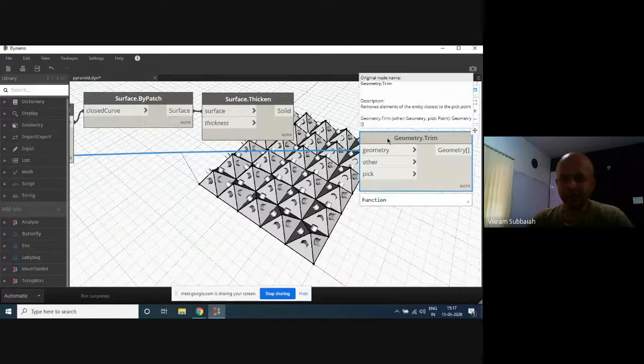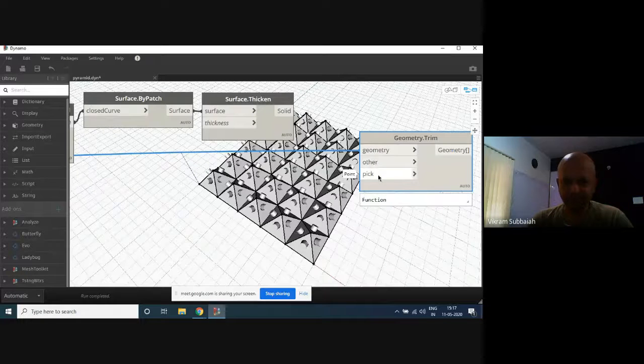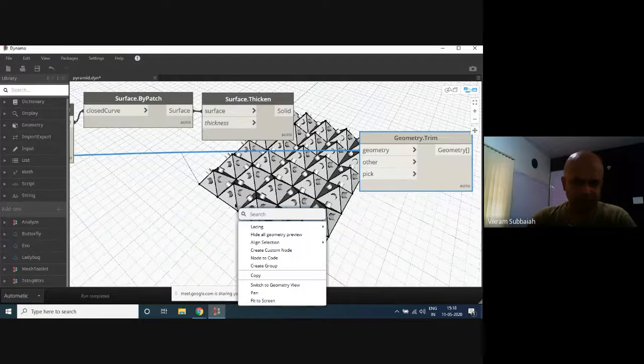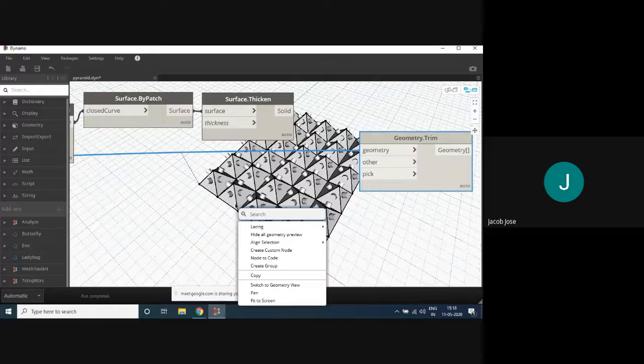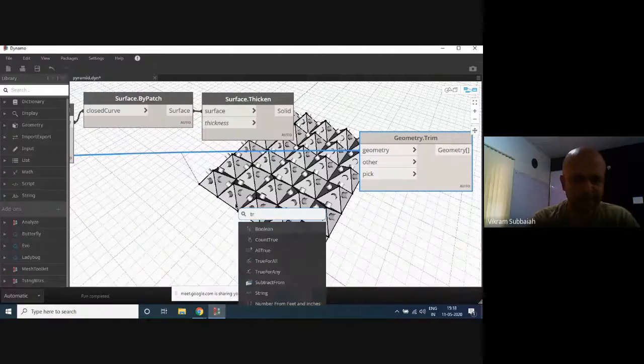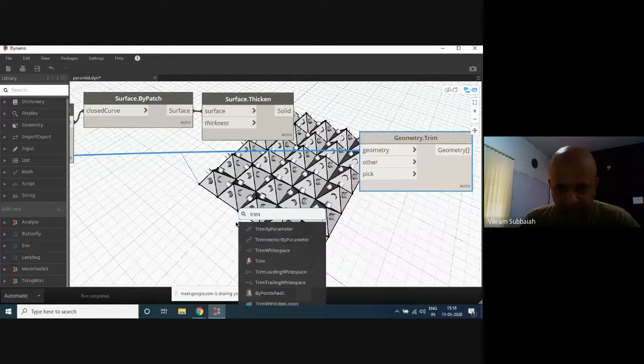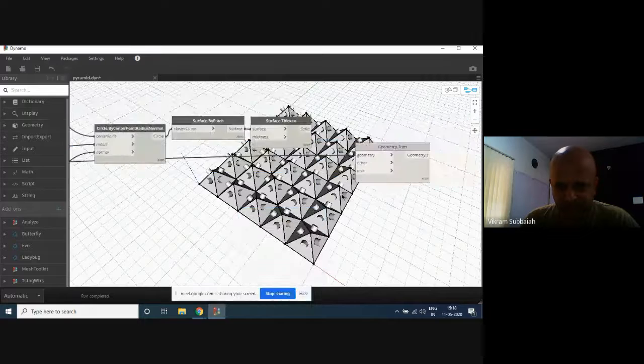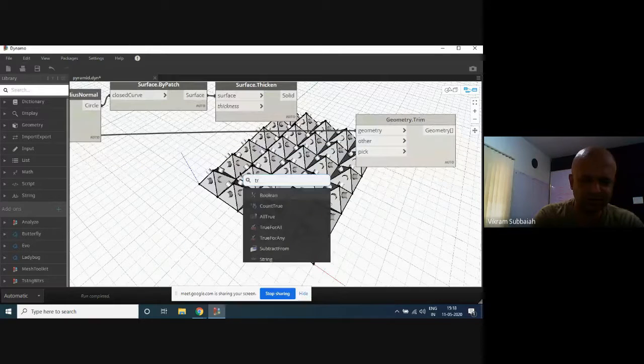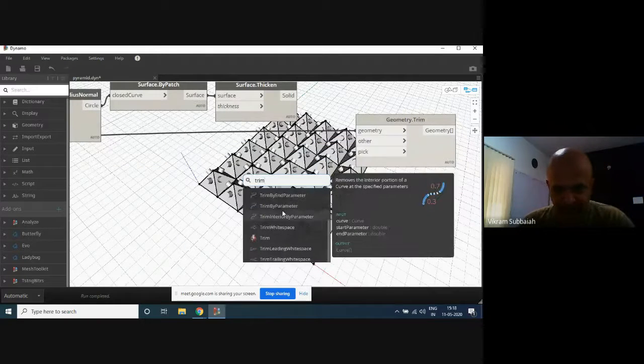Trim is not going to work. Wait, because then trim means I need to also specify a pick point. So let's look for something, like remove that surfaces. Sorry. Split the existing geometry and then delete all that split portion. Is there any option? There's also this thing called trim with edge loops, but that's even more complicated. Wait, this trim could work, but I'm just trying to look for easier ways.